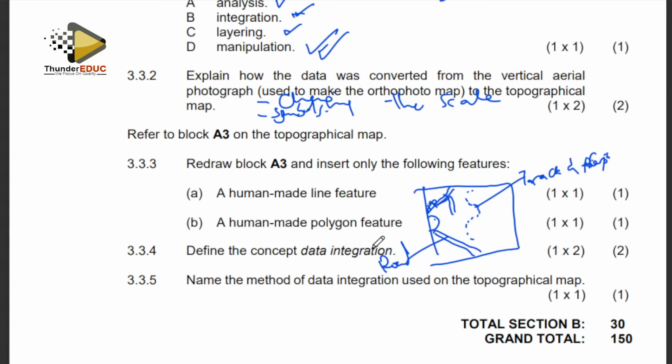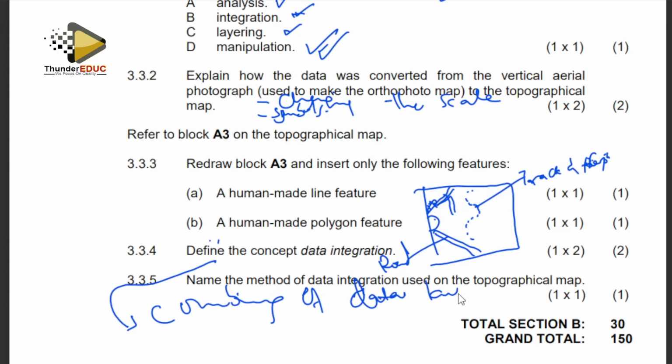The last question says, what is data integration? Just like the way you hear the word data integration here. What is to integrate? You put things all together. So meaning that to integrate is combining data layers, combining data layers or information on the map. You put it together, you integrate it. Like you can look at what is on the topographic map and what is on the orthophoto map, then you integrate it, you merge to come up with one. And lastly is